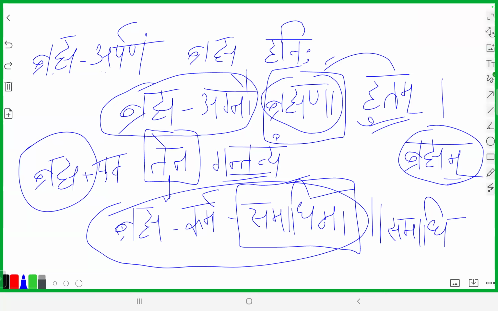Understood what the purport of the sloka is? Everything is Brahma only. The one to whom it is given is Brahma. What is being given is Brahma. The fire to which it is being given is also Brahma. Who is doing the worship, that also is Brahma. Where this is all intended to go, to Brahma. And what is this entire process? It is called Brahma Karma Samadhi, with which this entire process is being done. Sarvam Brahma. I have explained in great brevity.